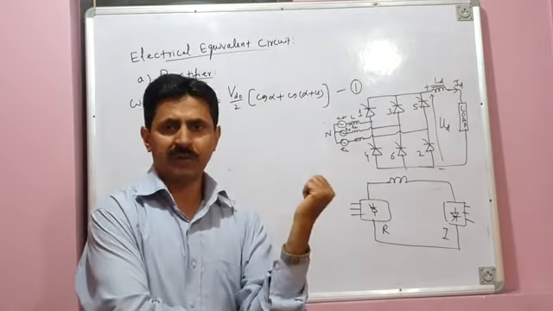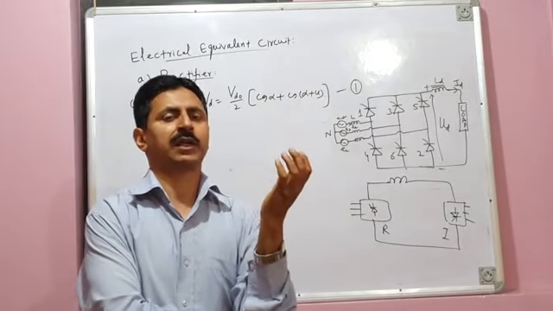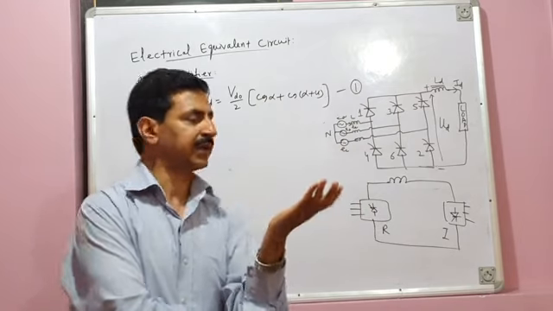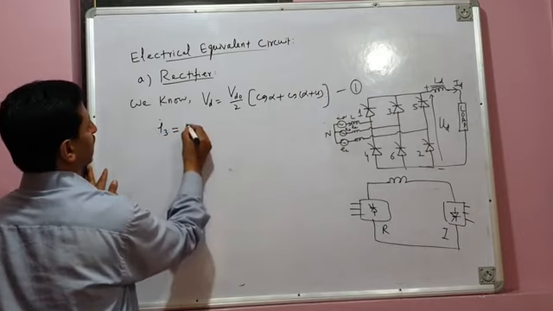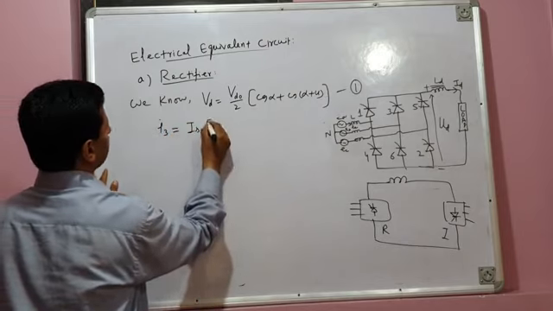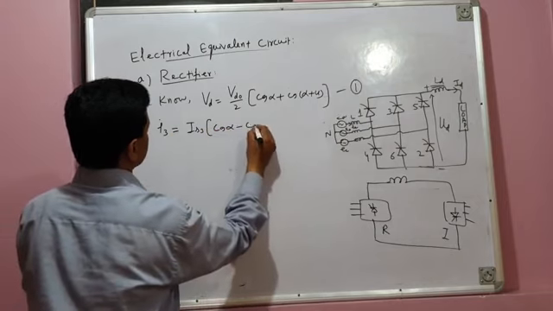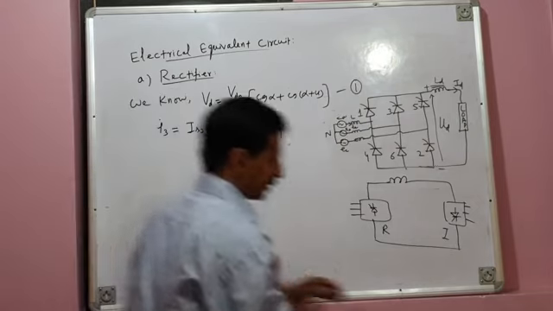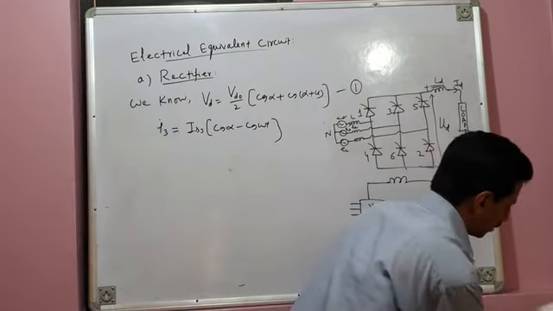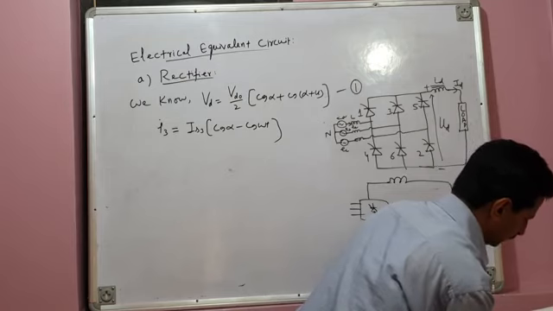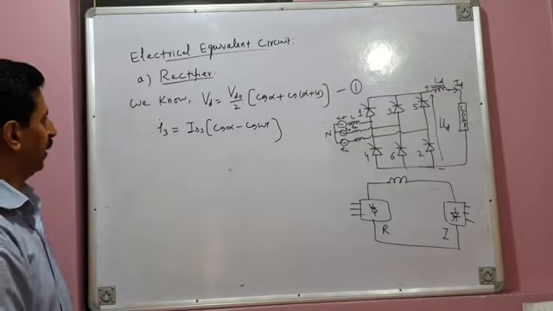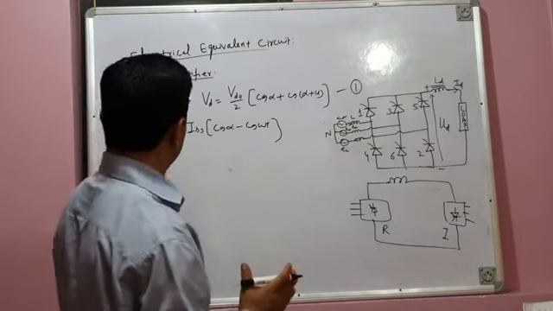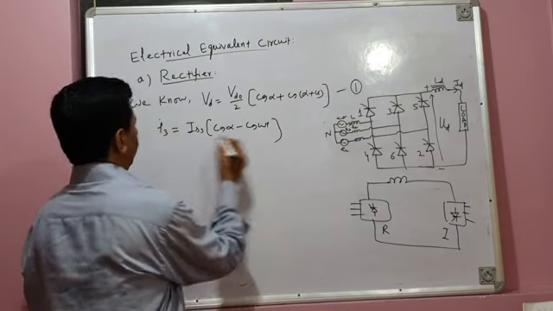Again, just a few moments back, we have also derived the mathematical expression for valve 3 current. A few moments back, we got this equation: I3 is equal to Is3 times (cos alpha minus cos omega t). Is it cos alpha minus cos omega t or cos omega t minus cos alpha? It is cos alpha minus cos omega t, right? The equation is correct. Now this equation is there during commutation overlap.